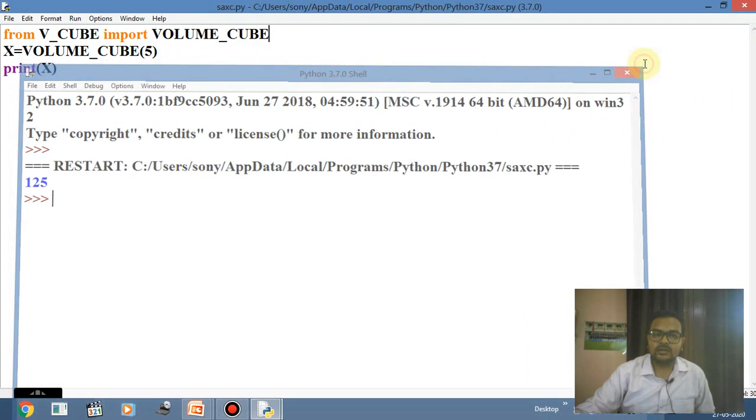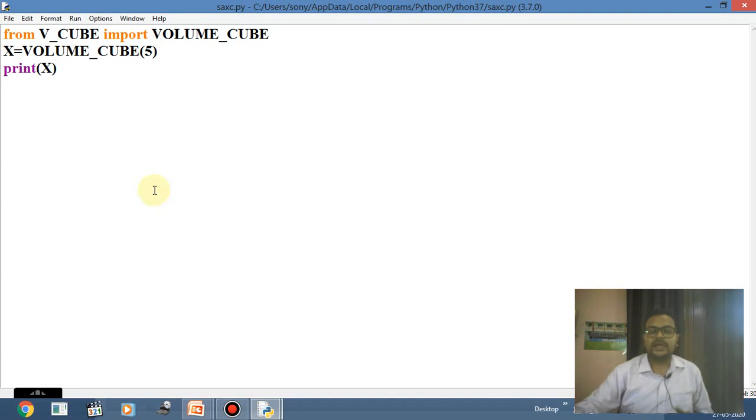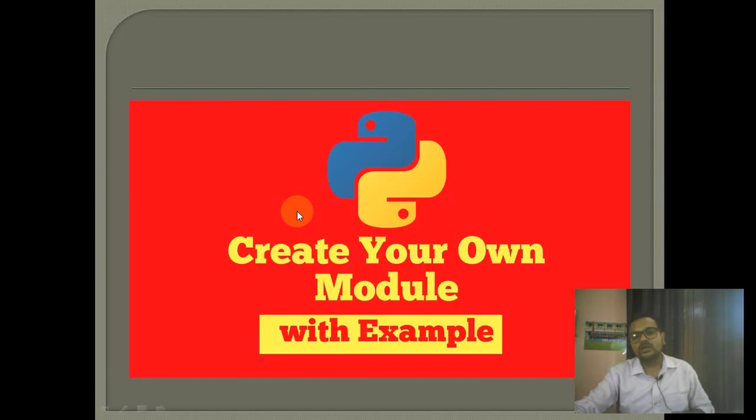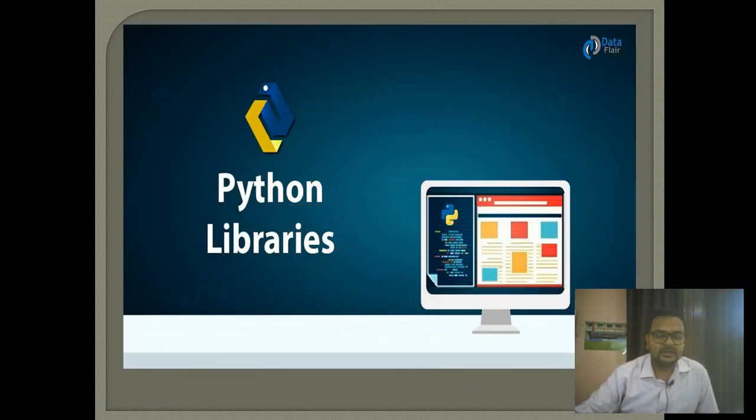So in this way we can define it: what is a module? A module is a collection of related functions. ठीक है. Now there is no compulsion that we can create only one function; we can create multiple functions in a single module. But the thing is, whichever function we want to use, we can use it in this way. So this actually is how to create our own module with an example. Clear? So simple.